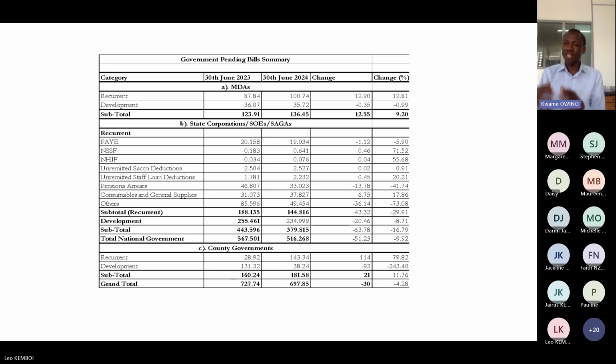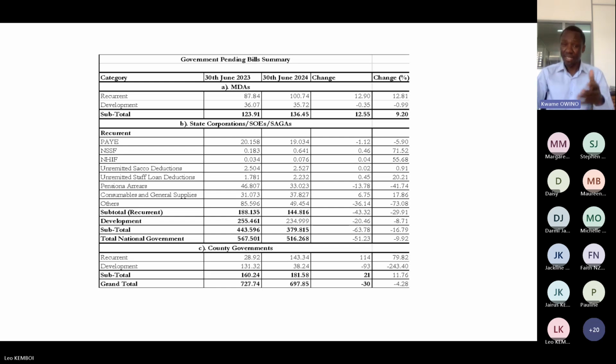So in other words, a state corporation owes government. So government owing itself money, government running debt against itself. So state corporations owe pay-as-you-earn, which is basically, I think, pending payments of taxes that are due to the Revenue Authority. So here is one state corporation owing the Revenue Authority 19, a collection of them owing the Revenue Authority. So government owing itself. Do you see how this circulation of debt through the justification of provision of public services